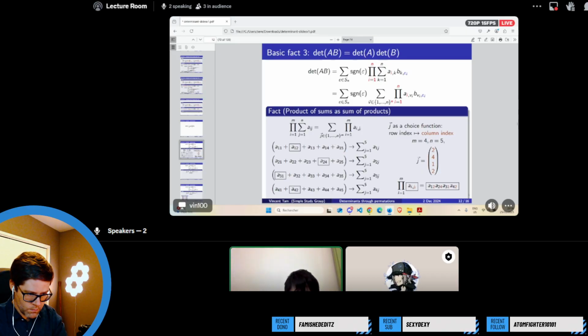Basically, if you invert a product of sums with an equal number of terms, you'll find out that this sum here will be a vector. And then this vector is actually some kind of choice function. So I'm simply applying this basic fact, and then I write it in this form. And after that,